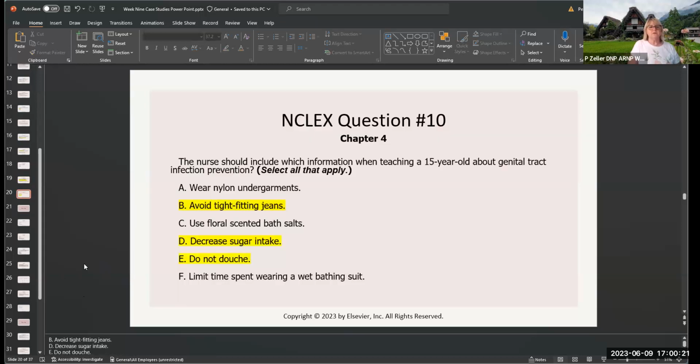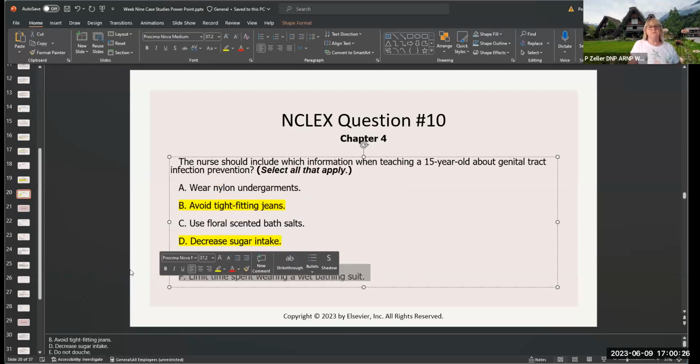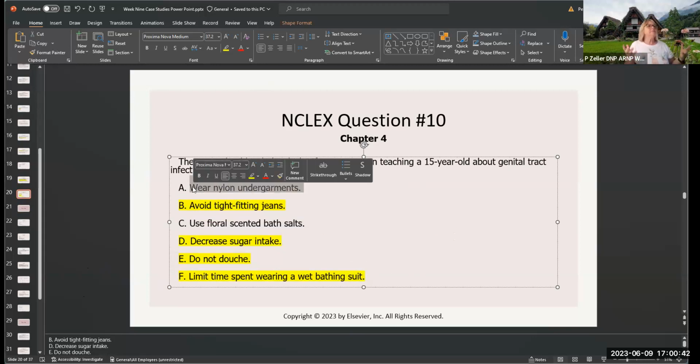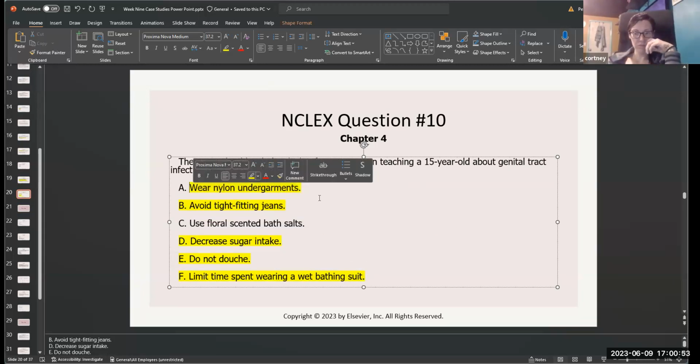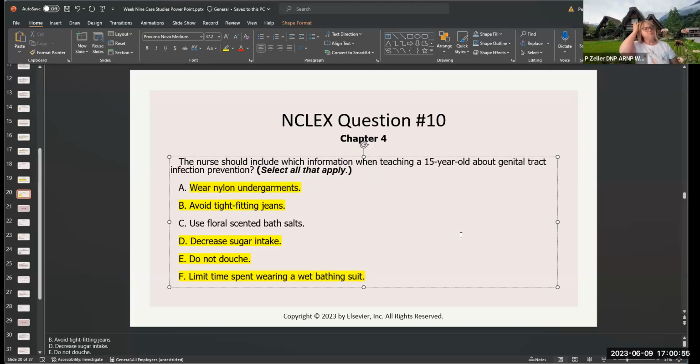And then this one. Okay. No floral scented bath salts. No fragrances in a bathtub if she's going to take baths. And we really do want her to wear cotton. Cotton has natural ventilation. Okay, I'm gonna say, aren't they more breathable? Yeah, breathable. Yeah. Mhm. Yeah. Okay.